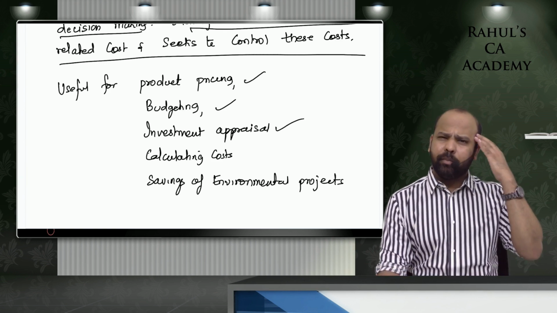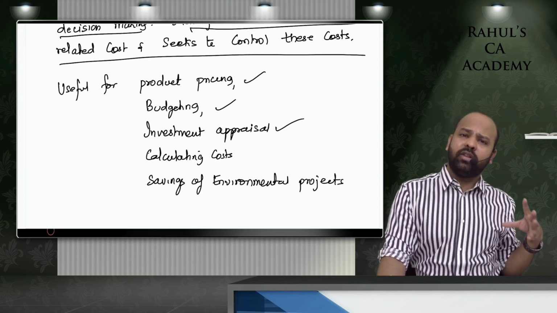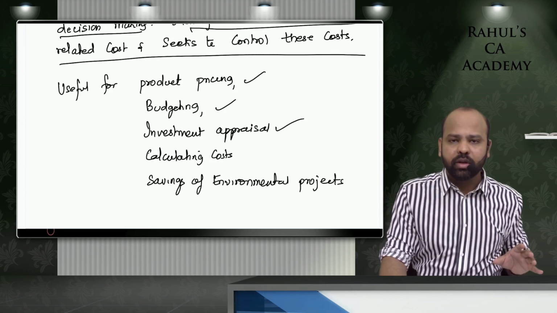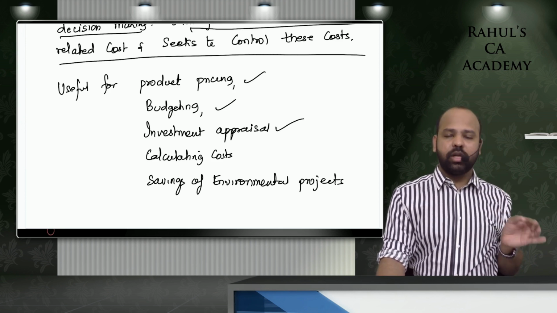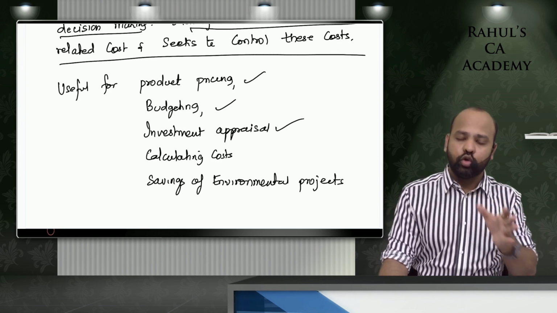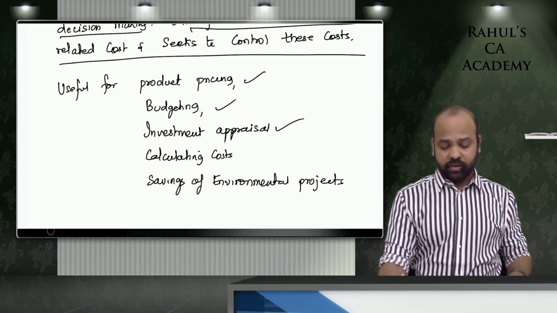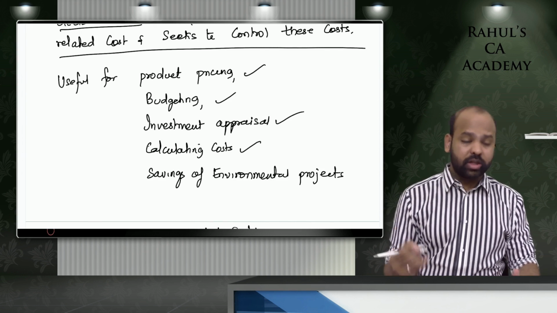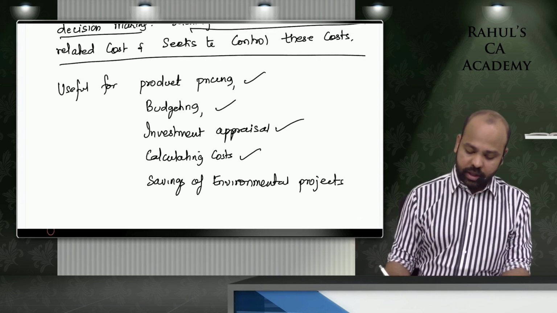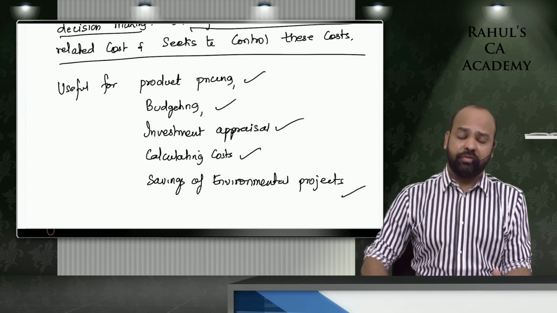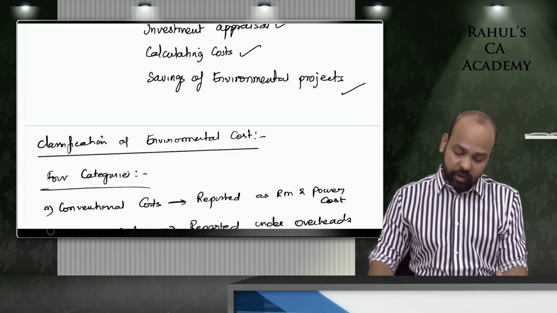Guys, we gave many examples, guys. ITC hotels का मैं क्या बोला बेटा? The tagline of ITC hotels was responsible luxury. Responsible. We care about the environment while giving you those luxury products, luxury living. Calculating cost would help you in determining the correct cost and savings on account of environmental projects. You will understand better once we do the different types of environmental costs and the advantages of those.